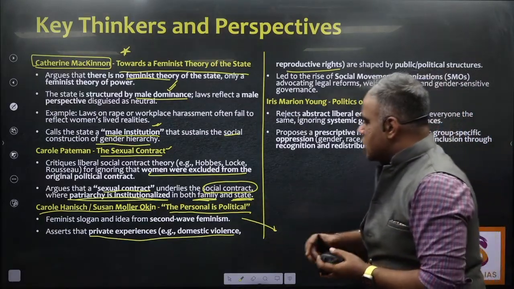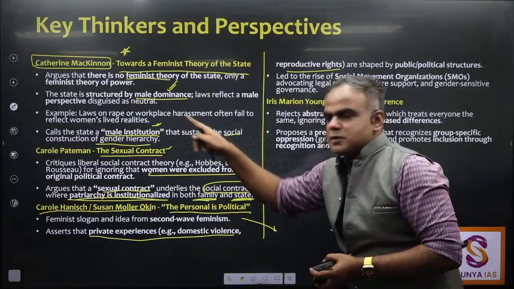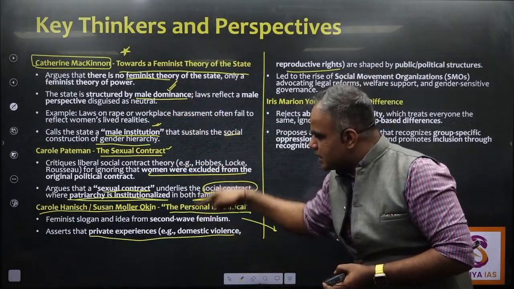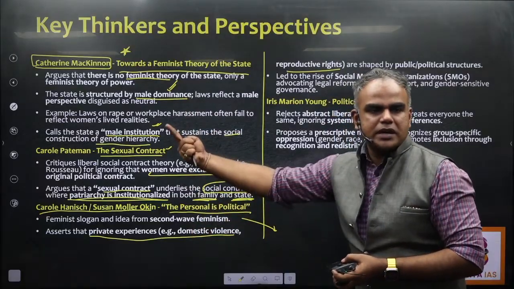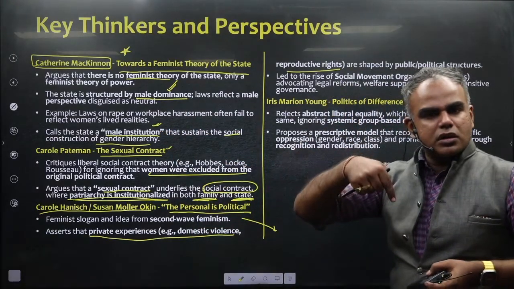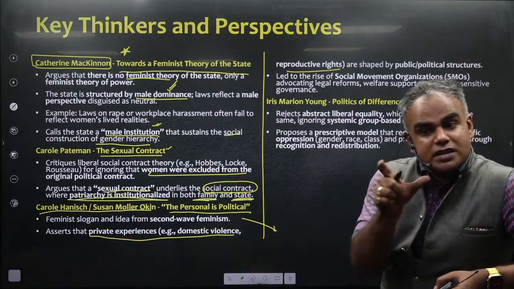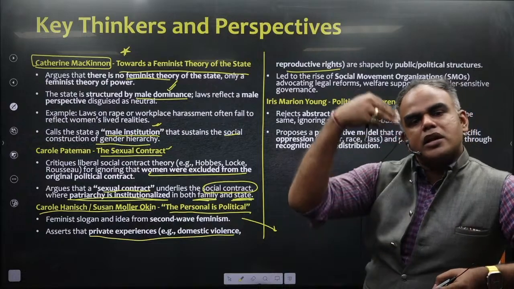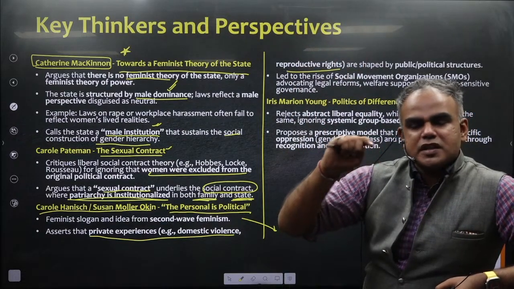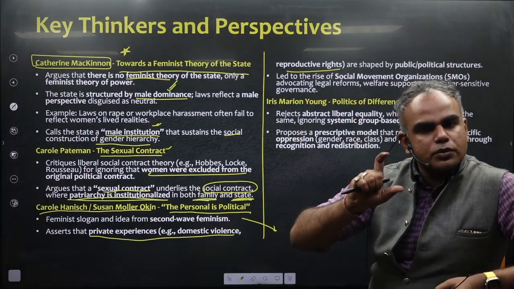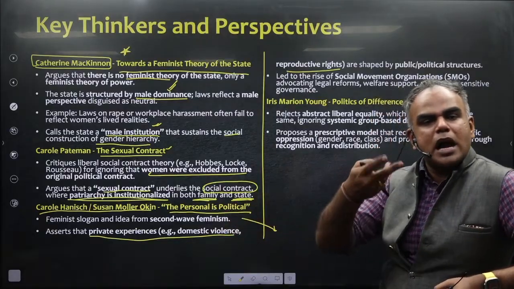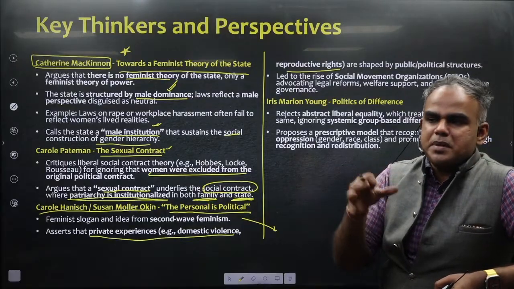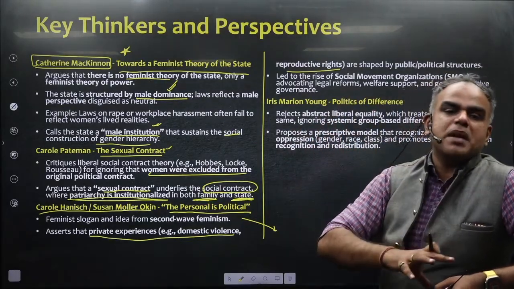How? The laws on domestic violence, rape or the workplace again are not very women-centric. So again you see a similarity in the statements being made. Now think about domestic violence. Just look at the term domestic violence. According to feminists, violence is already happening outside, which is real also, right? And the moment you acknowledge domestic violence, it also means that through patriarchy, what is happening in the public sphere is also mimicked in the private sphere.